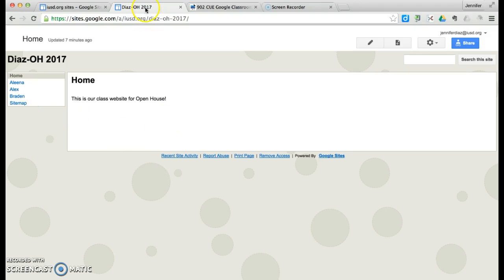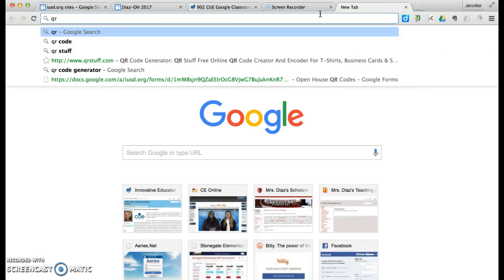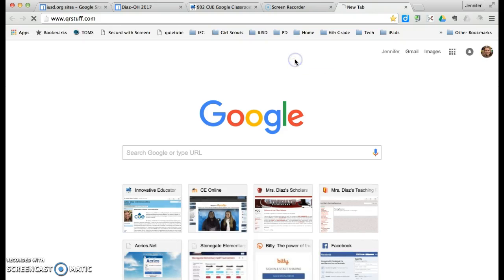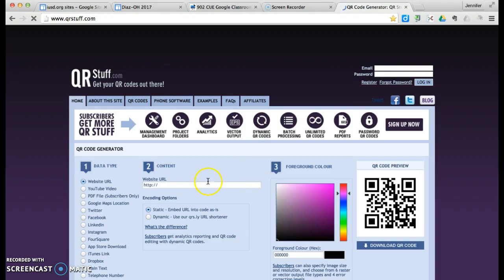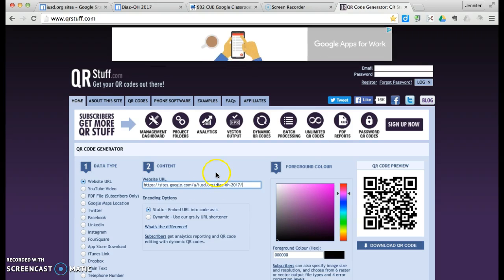So then I take this URL, and you can put the URL into a QR code generator in order to create a code, and you can just use a free QR code generator. This is one of my favorites that I use for just random websites. Cut that, paste that in there. There's my preview. You download the code, and then when you download it, I cut this out, and I